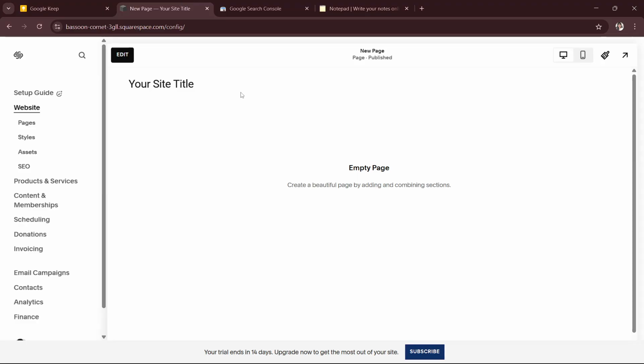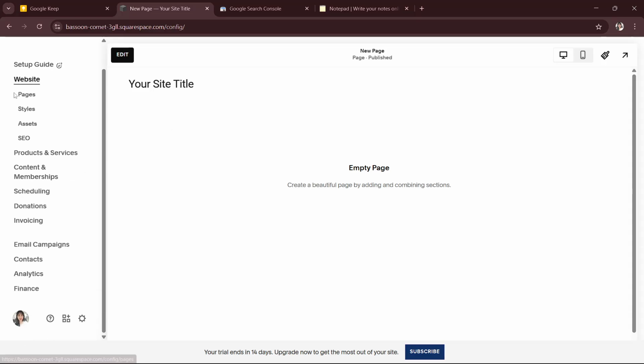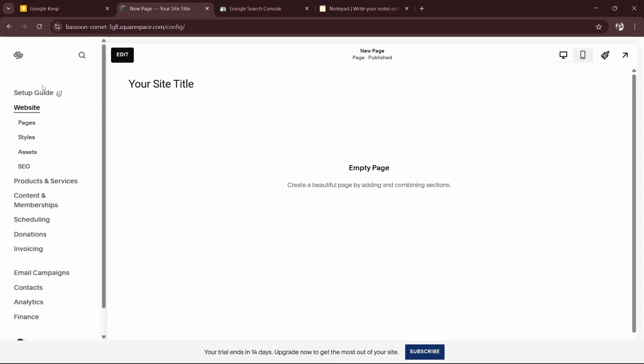So from the home menu, you will have to go to marketing. You will just have to navigate. And if you do not have that option, then it's most probably because you do not have the full version of the website. So you have to make sure that you do have the full access before proceeding to the next steps. So after you go to marketing, you will have to go to SEO and fill in your site